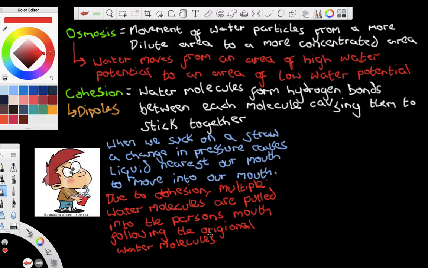Okay, so when he sucks on the straw, the water molecules nearest his mouth are pulled in because he changes the pressure inside the straw. This causes the water molecules that are stuck to the original ones to be drawn up the straw. Okay, this is due to cohesion. At the same time, osmosis will want water molecules to move into the straw where there is a lower water potential. Okay, so we can just try and fit it here, osmosis